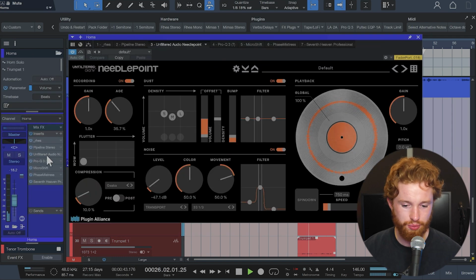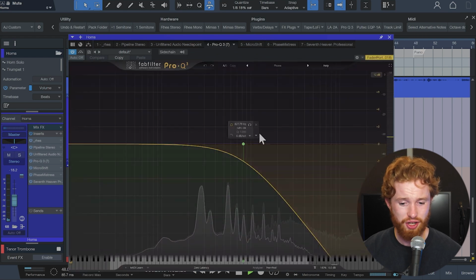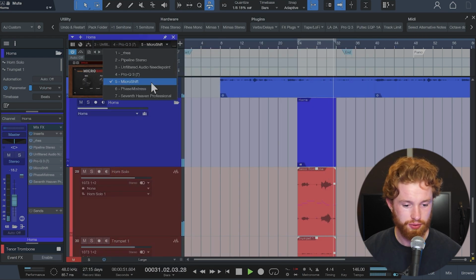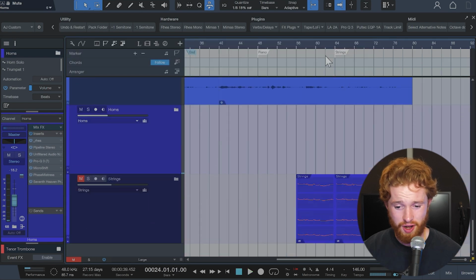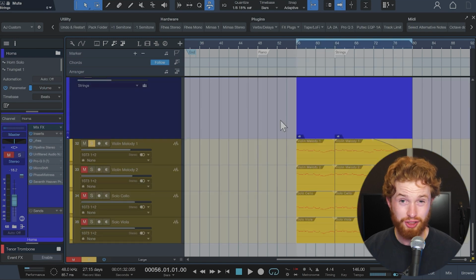In terms of processing, we've got a Needlepoint on there to make it sound more sampled, this EQ taking off some top end, a nice little bit of chorus, a phaser, and a chamber reverb also sounding super nice. Now, for the last chorus and the outro, I wanted a really smooth transition, so I reached for some strings. Now, I started off with this simple violin melody, layered it up with another violin,